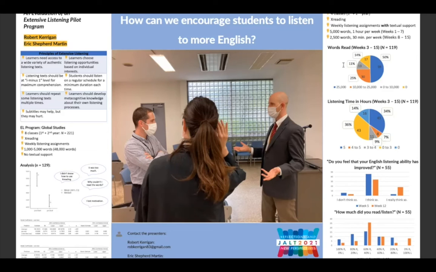4, I think that my English listening ability is improving, from I really don't think so up to I really think so. And 5, I think this activity is worth doing, from I really don't think so to I really think so. The questionnaires were given from weeks 5 to 12. Weeks 2 to 5 were used as a warm-up. And then weeks 13 to 15 afterwards were used for final tests and for a class report.